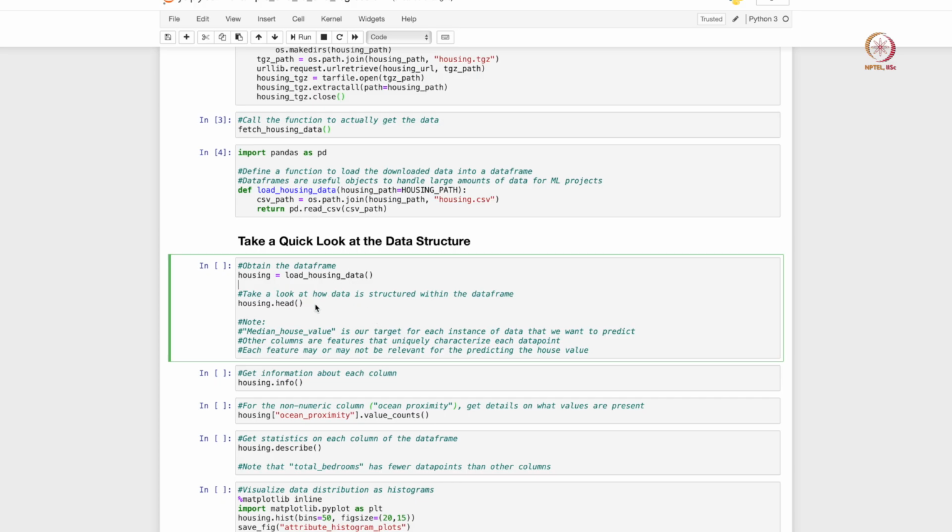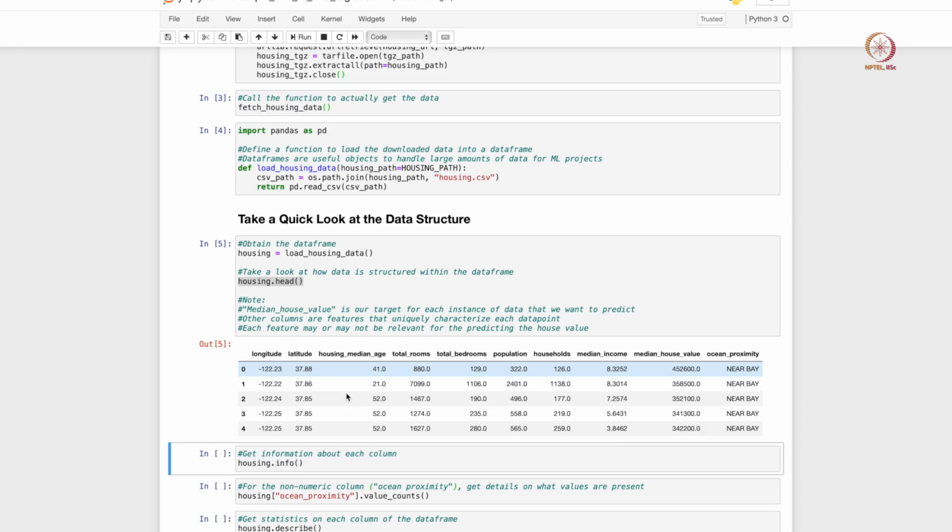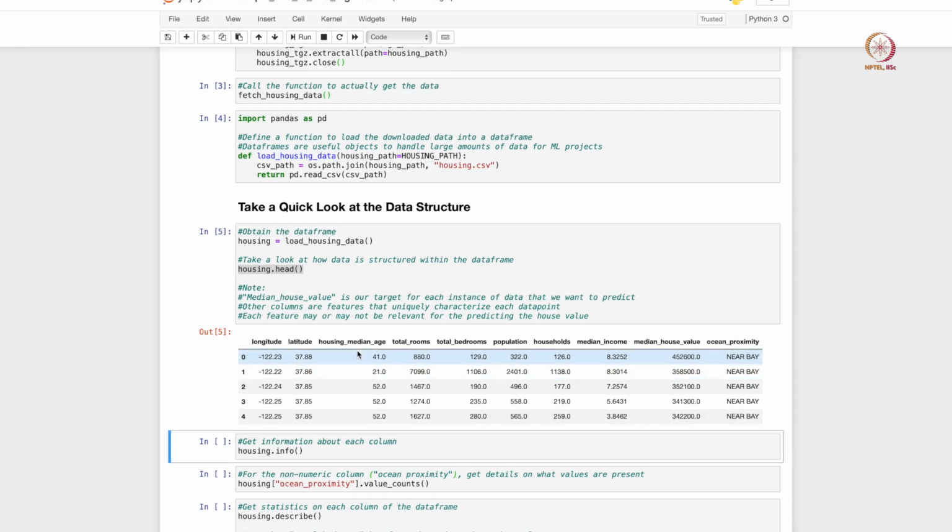So we are loading up the data here, and this head function within a data frame basically summarizes the first few rows that you have within your data frame. So think of it as taking a zoomed look within your Excel sheet and looking at just the first 5 rows. Right. So if we now execute this, we see that there are lots of different features that are now being listed. So you have a longitude latitude feature that basically localizes the geography of a given locality or of a given house, right. And then you have a housing median age, right.